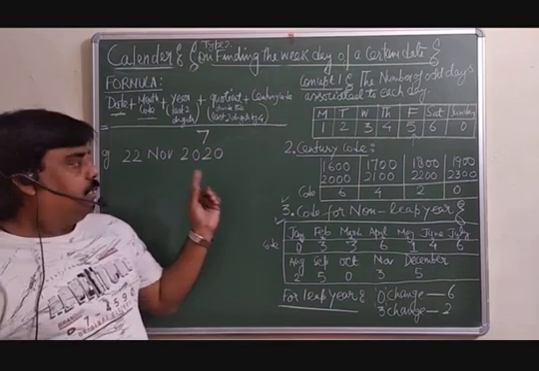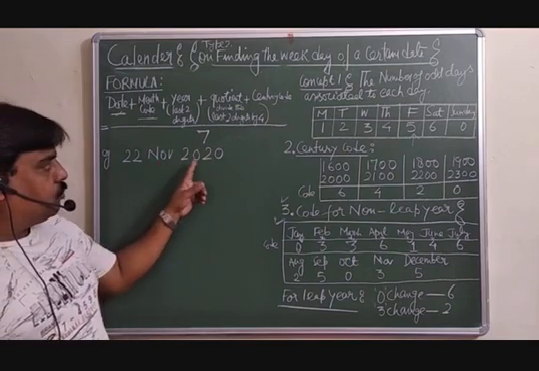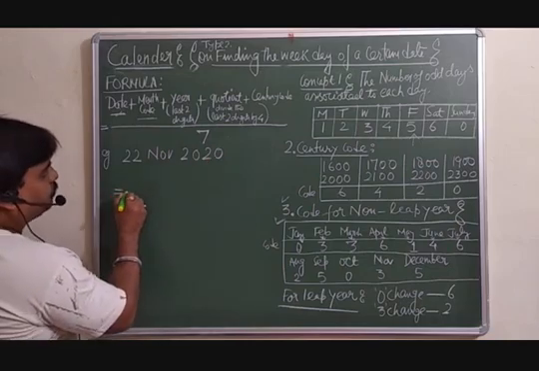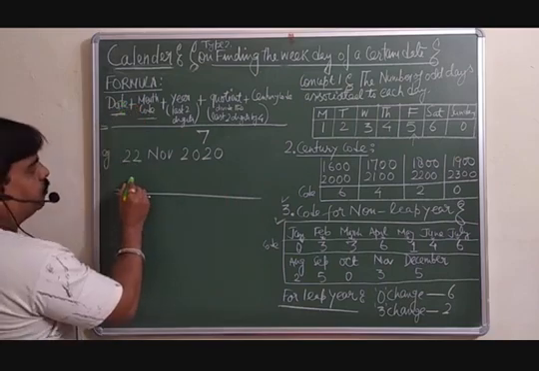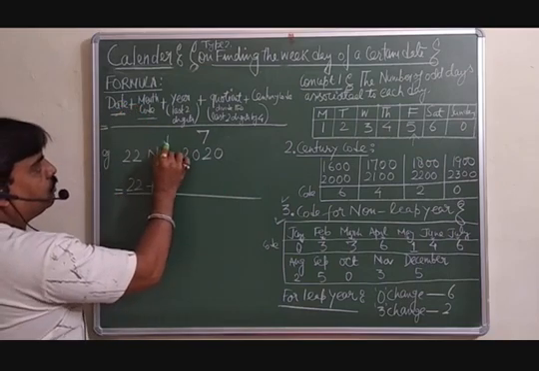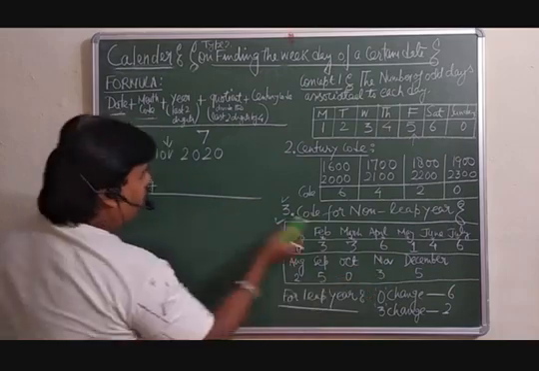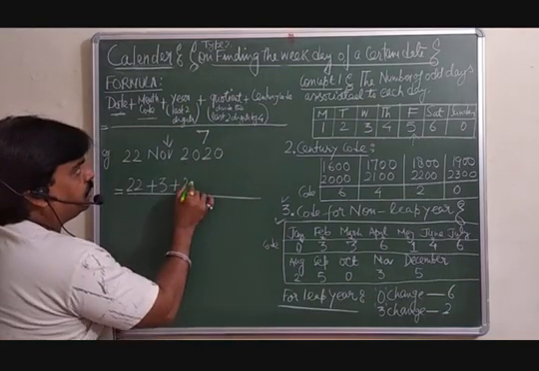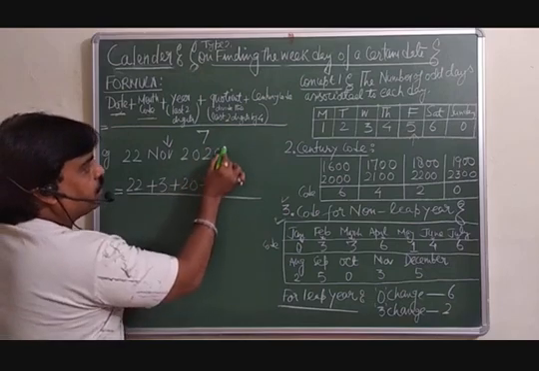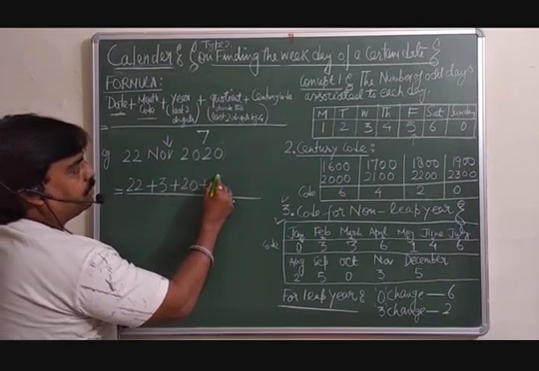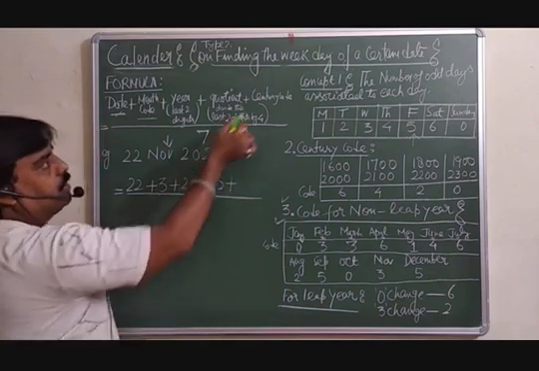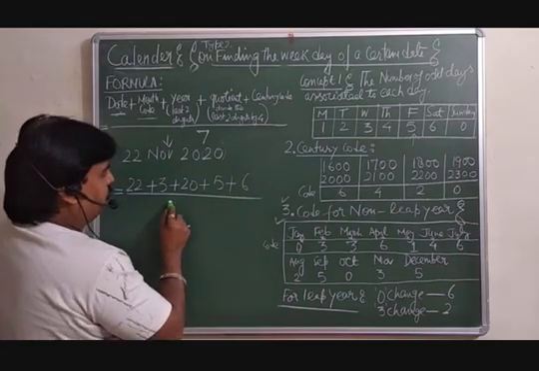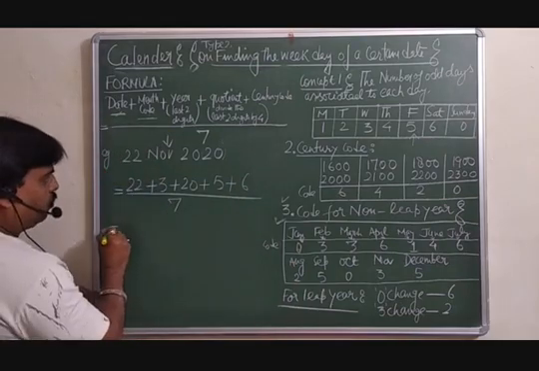One more question. Let the 22nd November 2020 को कौन सा दिन था that you want to know. See, simple. Date 22. Month code for November, code is 3. Plus last two digits of the year, that is 20. Divide the last two digits by 4, 4 5 जा. Quotient you must write down. Plus century code for 2000 will be 6 here. And this is divided by 7. See now what you will get.